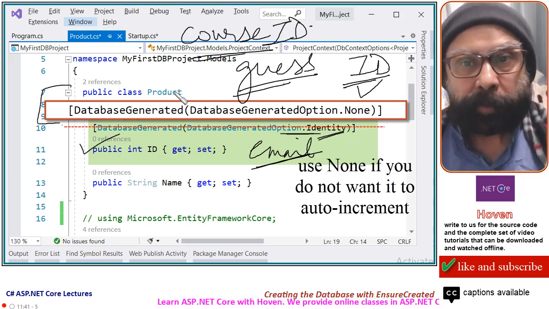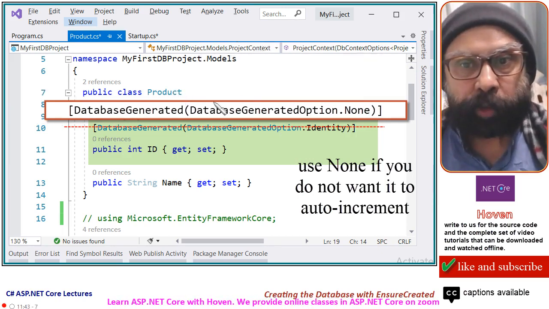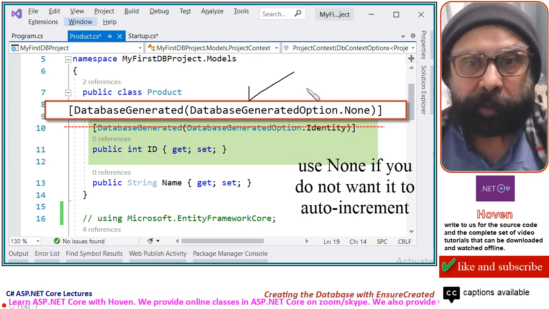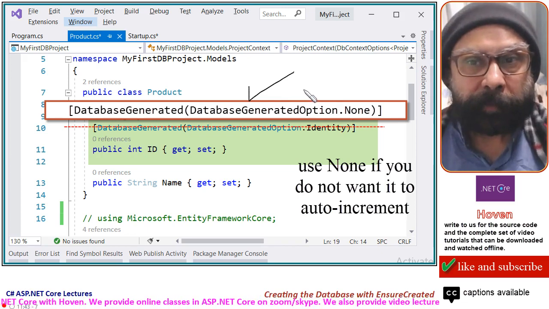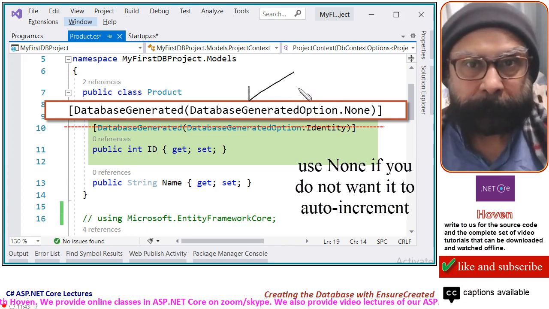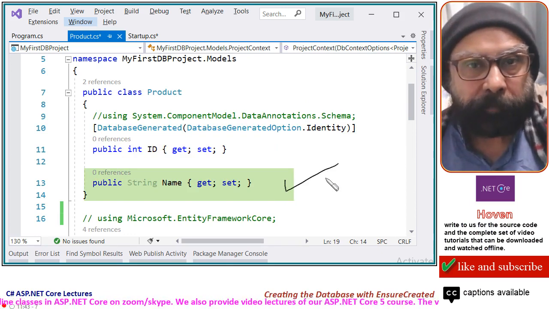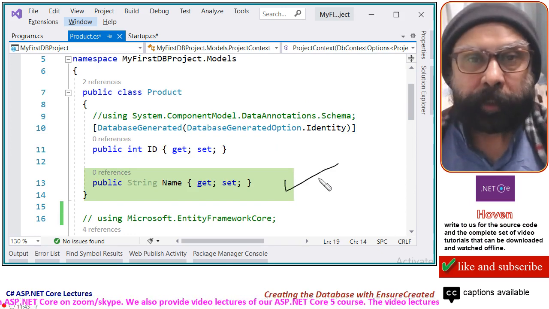But I would suggest that it is better to use this annotation to mark the primary key yourself without depending on Entity Framework Core guessing it. This is the only other property that we have added to this class to keep things very simple.